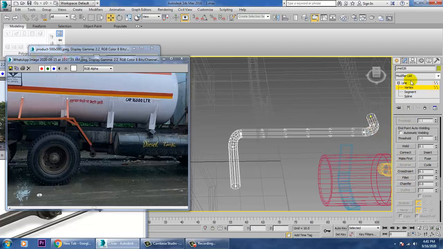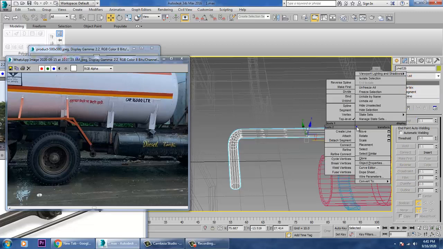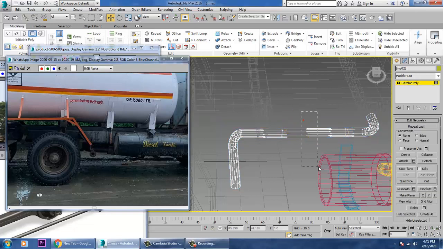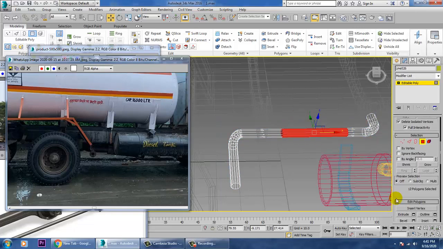So after giving a fillet, we can just convert to editable poly over here and let's add some swift loop over here. Select the polygons and again I will give a bit of extrude by local normal and just reduce its size and click OK.